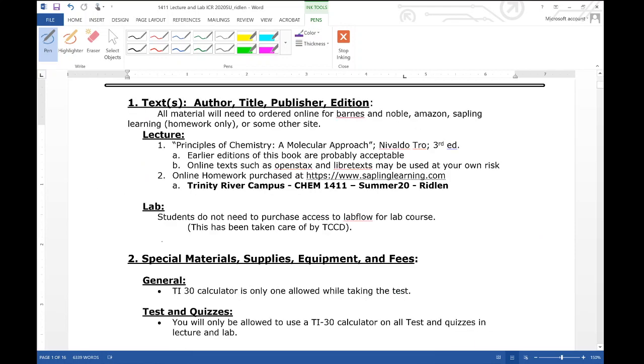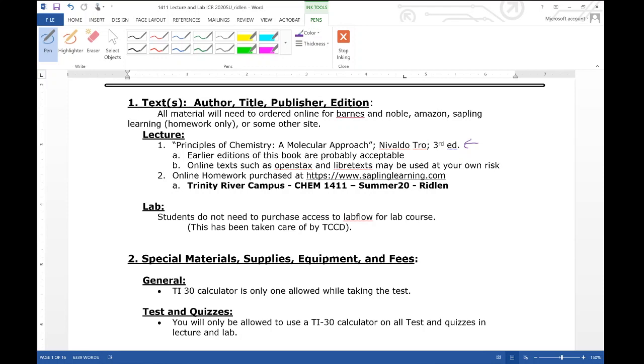Moving down to the text that you need. This is Chemistry: A Molecular Approach by Tro, and this is sort of the guideline for the class. It's the official textbook of the class, and that's what I'll be using. So if I refer to chapter 1, that's the book I'm talking about. If you have an older version of this, say if you took the class last year or the year before, that book will work perfectly fine. Or if you have any general chemistry textbook, as long as it's written for the college level, that will be perfectly acceptable for this class.